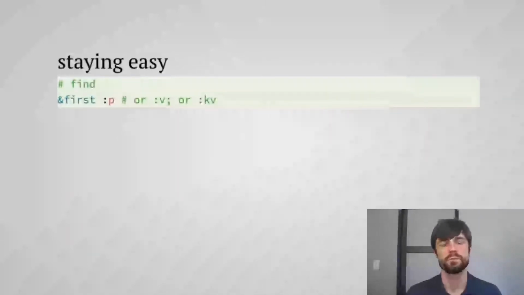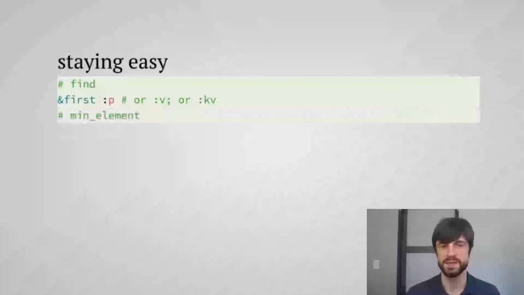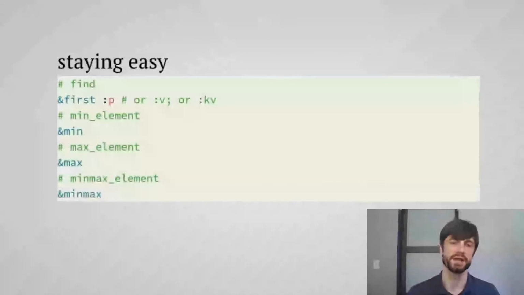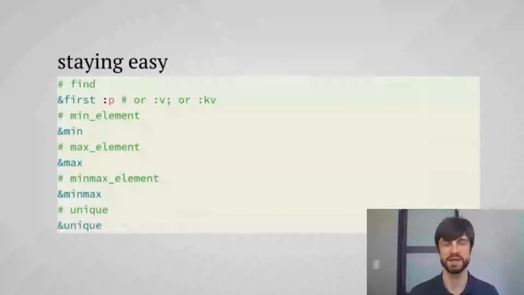Our equivalent of C++'s min element is min. Our equivalent to max element is max. And our equivalent to min max element is min max. And one that you get no clue, no points at all for guessing, our equivalent to their unique is unique, which may be uniquely the only time we have exactly the same